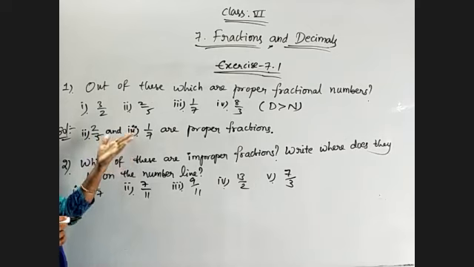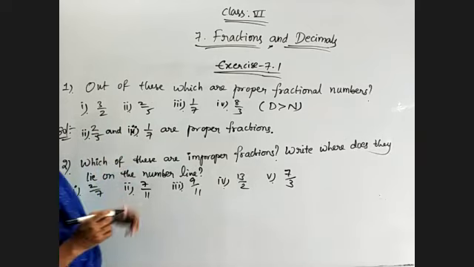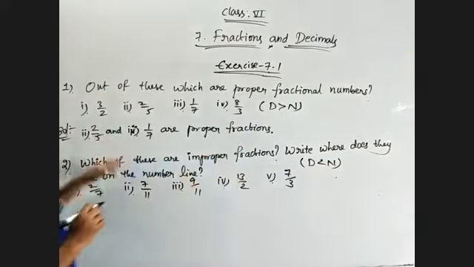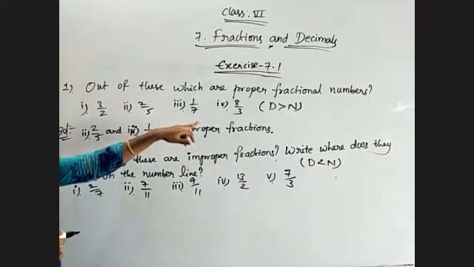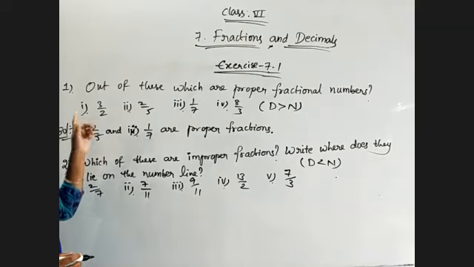Inverse. The inverse of a proper fraction is improper, meaning the denominator is lesser than the numerator. So just observe here, the remaining fractions 3 by 2 and 8 by 3 are improper fractions. And where do they lie on the number line? Convert into a mixed fraction and decide.